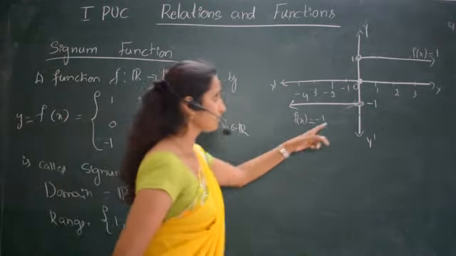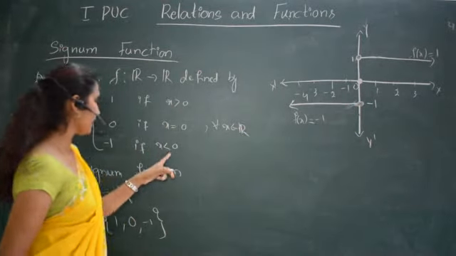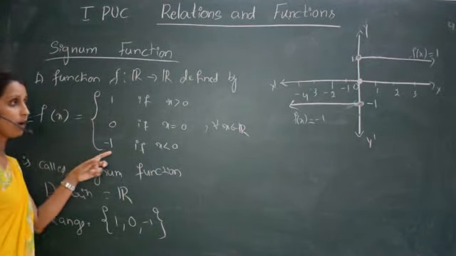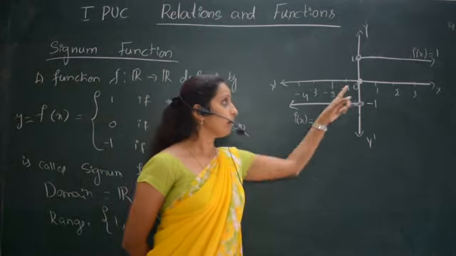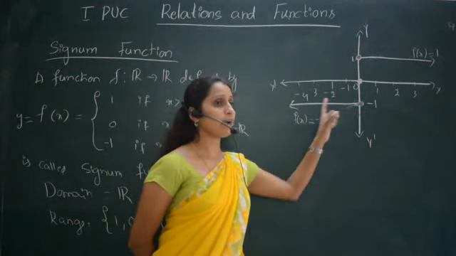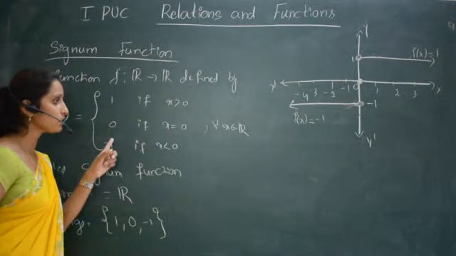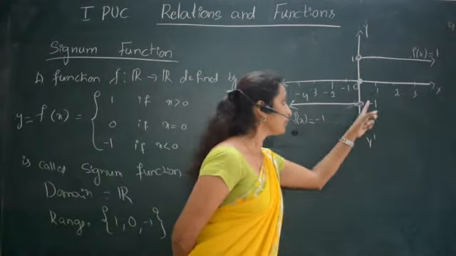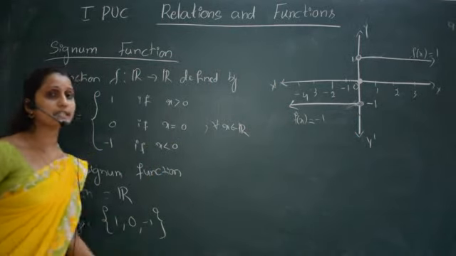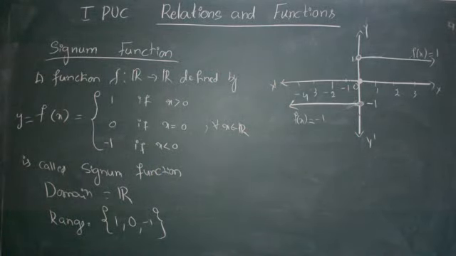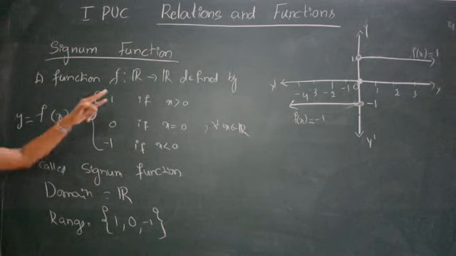Again here, for all the values less than 0 it is minus 1. So I have marked this as minus 1. But when I take this point, 0 comma minus 1 is not possible, 0 comma 0 is possible. So I have to exclude that, which means I have written the open circle. So that is the graph of the signum function. This function is very, very, very important for the exam. Define the signum function, write the domain and range, and draw the graph of the function. Very, very important one.